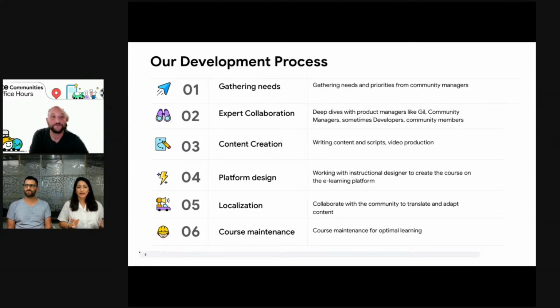And once we have all of this ready, we're going to upload everything into the platform. So we're going to design, through our instructional design, how the course is going to look and be ready for launch. Once the course is ready, we're going to move on to localization. And this is done thanks to your help. So we're going to localize our course into different languages and upload them to the platform. Lastly, after the course is launched, we're in our day-to-day role. So we keep up with the course maintenance because we understand the product is going to evolve or processes are going to change. So we have a process in place so we can do maintenance once needed.